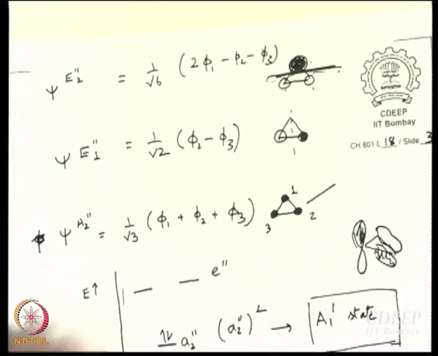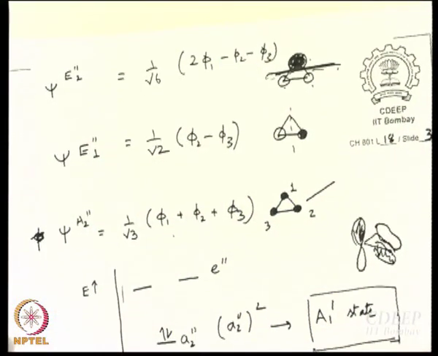That is a rule of thumb. This is something that is discussed in very great detail in Harris and Bertolucci's book. Rule number 1, rule number 2, rule number 3, they have up to 6 rules. The first rule is that when all the occupied orbitals are occupied fully, then the state is a totally symmetric state. So, we call it an A1 dash state. To answer your question, it is not exactly a rule of thumb, you can work it out.